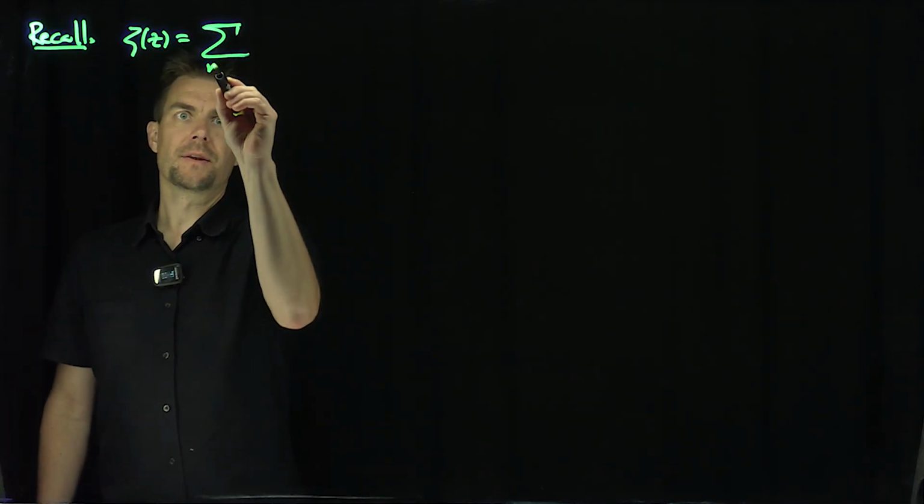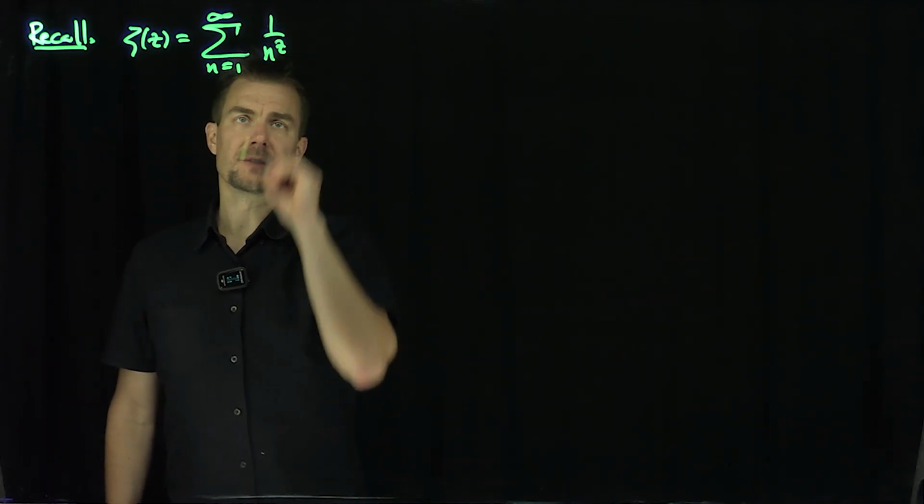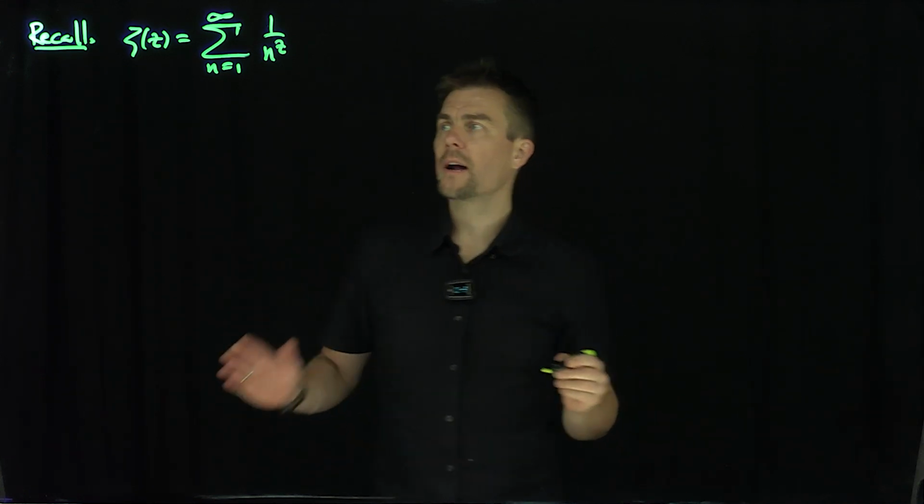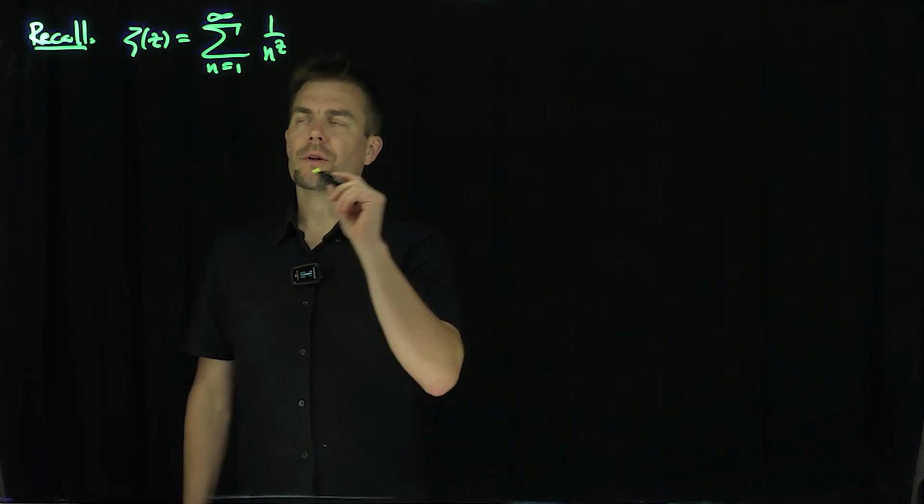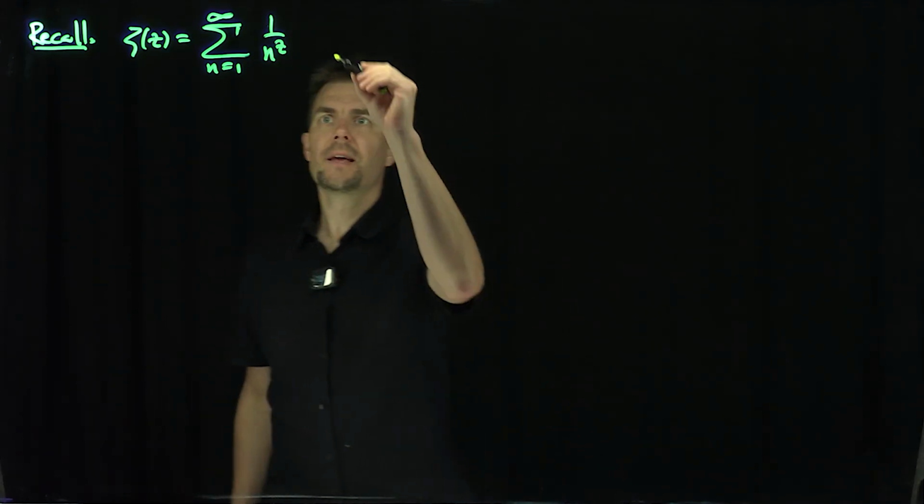Recall that we have the Riemann Zeta function, which we just defined, and this is going to be the sum, n goes from 1 to infinity, of 1 over n to the z. And we've defined this for all real values of z greater than 1, which is great. And so now what I want to do is connect this with the gamma function, which we've previously done, but with a slight twist, and define